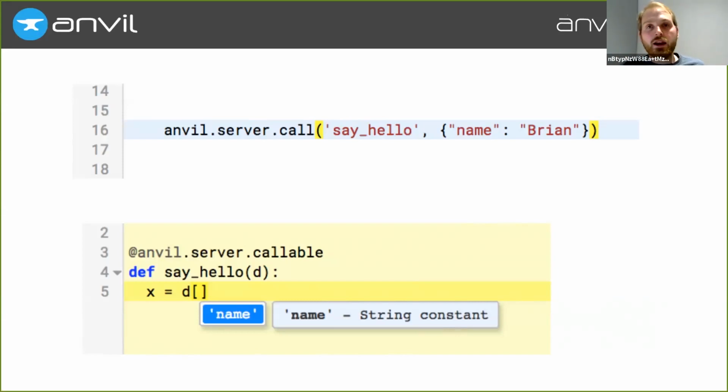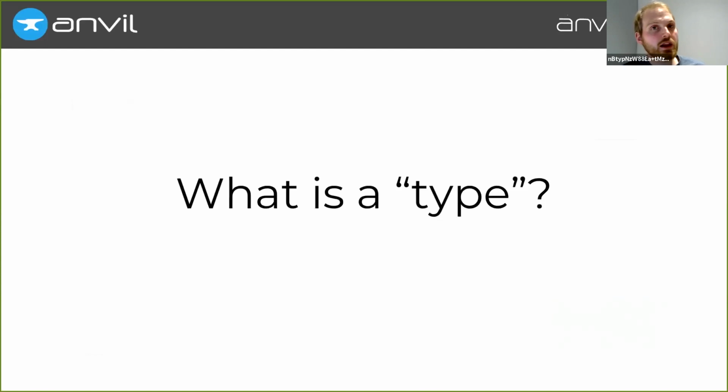So we really can store and autocomplete a lot of information about these types, which leads to a slightly philosophical conversation about what exactly a type is in Python. You could be very literal and say that the type of a Python object is the class it's an instance of, but actually Python's more dynamic than that.